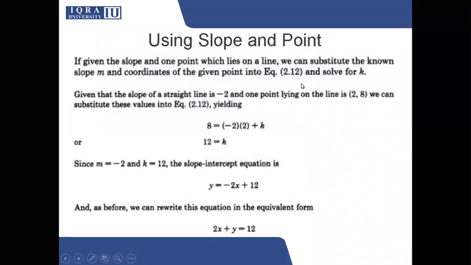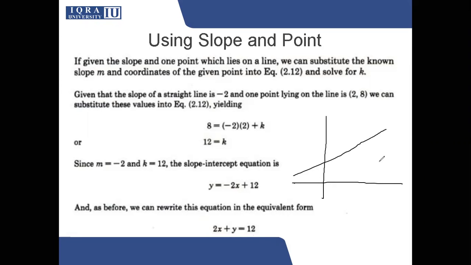The second method is using slope and a point. I'll tell you what we're given. In the last case, we were given a line, a slope, let's suppose 2, and the y-intercept, this point right here. In this case, we'll be given the slope, that the slope is 2 or 3, whatever, but we'll be given just a point, any point. The point can be right over here, it could be here, it could be here, but the point will be on the line. So we need a point on the line.